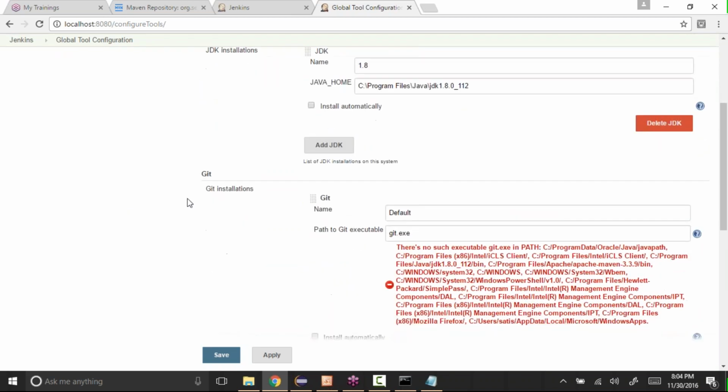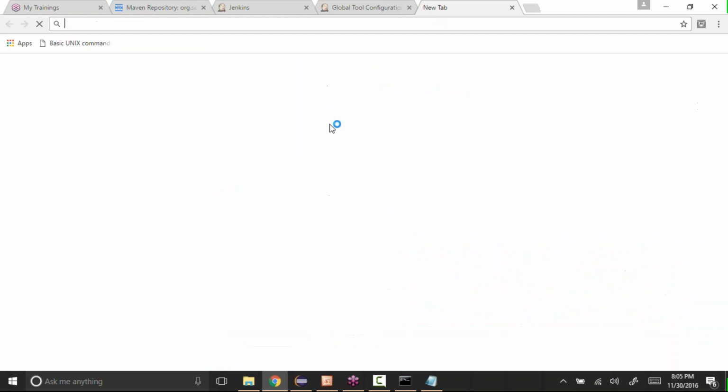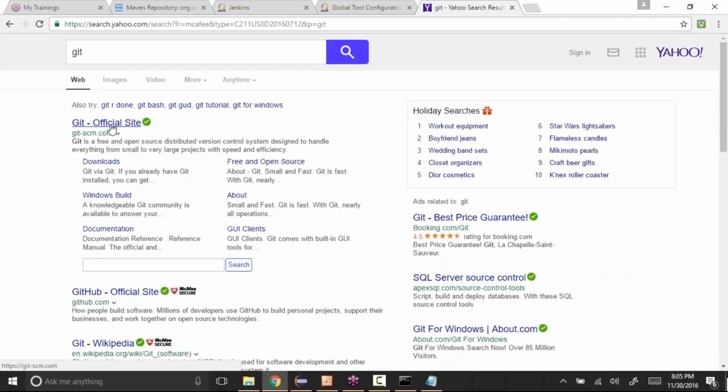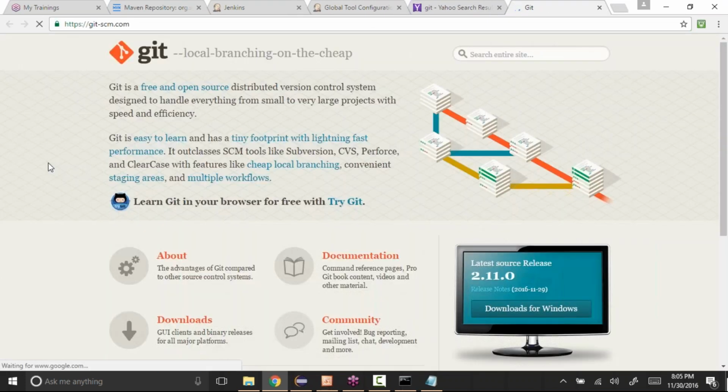Git is also something where you store your code, let's say you created your project and you want to store it at some location. It's a free and open source distributed version control system, like CVS and SVN.